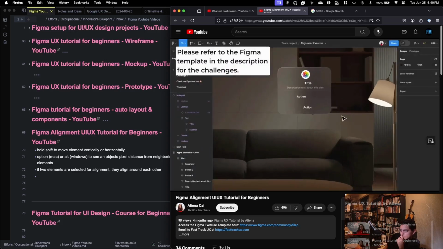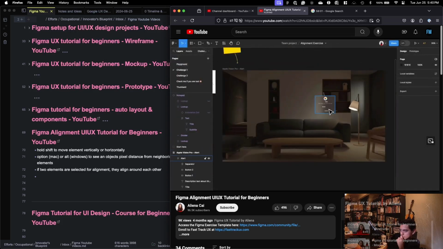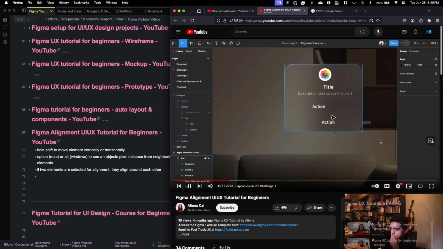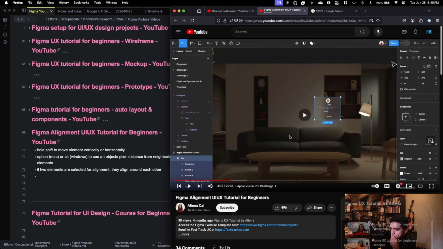Now, please open up the link from the description. Let's start with the first page, challenge 1. This is an example notification in Apple Vision Pro, except that its alignment is completely messed up. Your challenge is to properly align this element so that it looks like a legit Vision Pro notification screen. And when it comes to alignment, feel free to use your common sense. The reason behind making this alignment decision is often referred to as